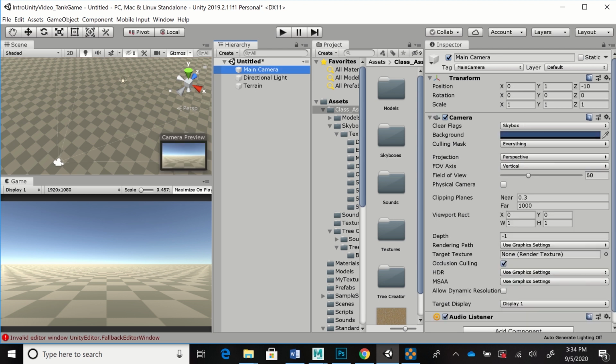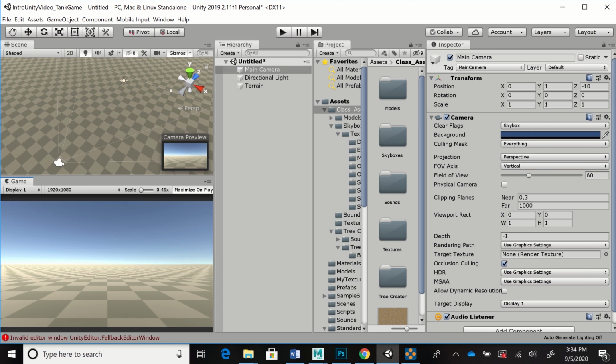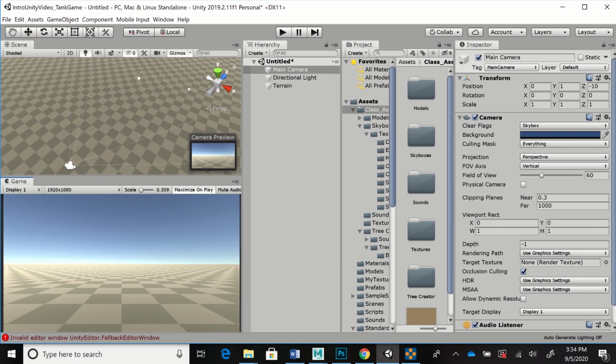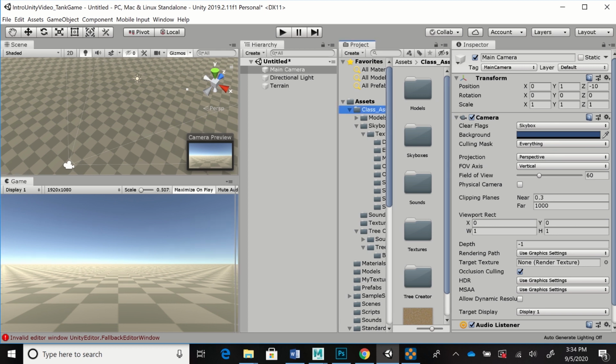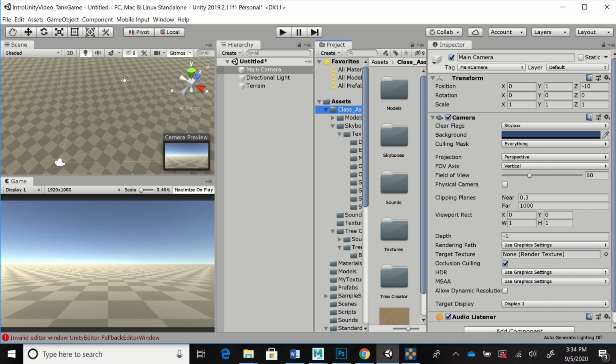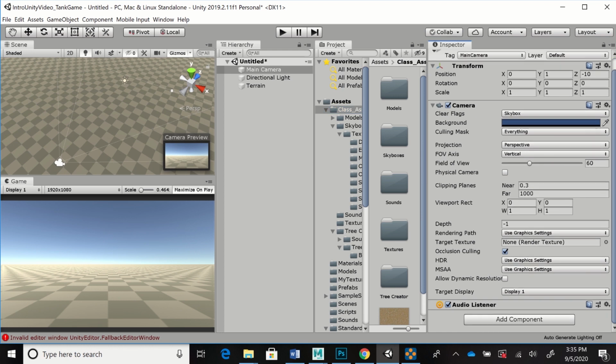And we're not going to use this main camera anyway. We're going to use a first-person controller. But before we drag that in here, we'll go ahead and add some stuff to this plane. So you can see that I can see in my game view the terrain really well. And I'm going to go ahead and do a couple of other things that I want to do to start